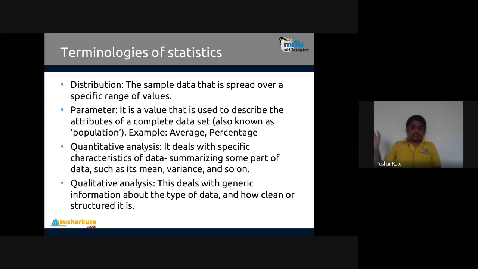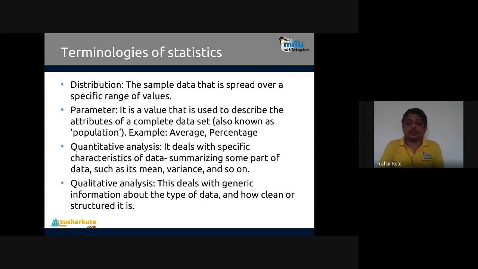Other data like your class name, so you are given SCTB something, string data. The data is not actually numerical, so you have to find the quality of the data. Convert the data into numerical format so it can be used by statistical analysis. And some values are missing. The data entry operator has not entered the data, or because of some database error or network error, data is not present there. The data is not clean, not qualitative. So qualitative analysis deals with the operations that you perform to clean the data and make it available for the users who are using that respective data.